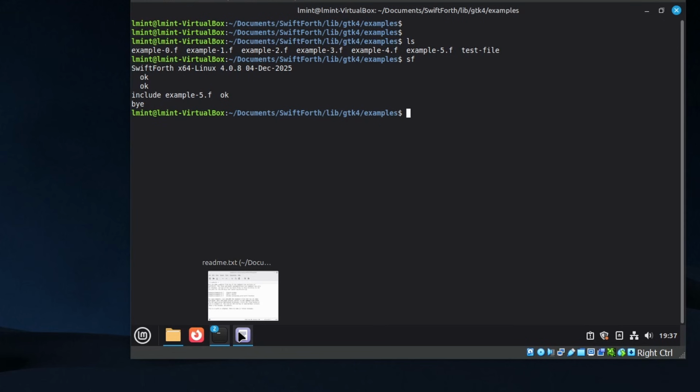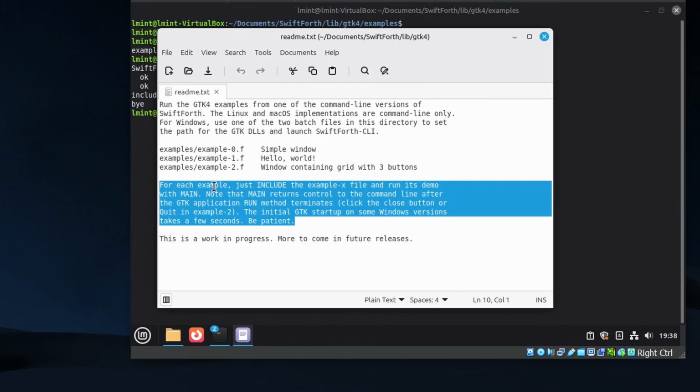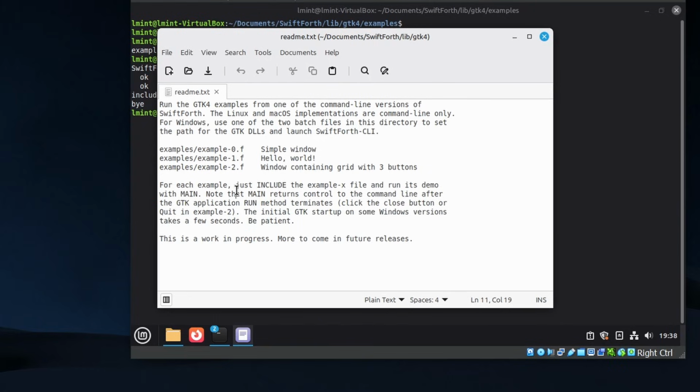And if you're curious about how this works, it says in documents SwiftForth/lib GTK4 that this is a work in progress, so more to come as of 2026 January 17th. It's not quite finished, but you can get kind of basic stuff up and running. They also give you 3 examples, which is just a simple window, hello world, and a grid containing 3 buttons. I'll provide the source code for my stuff and leave a link to that below,